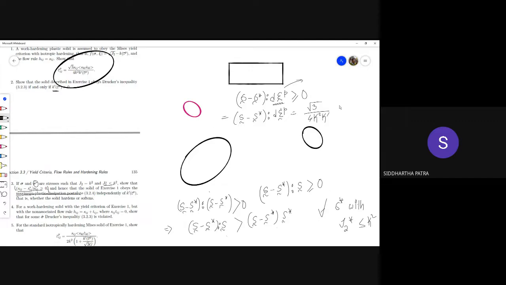Then what expression do you have? This quantity right here, s inner product ds. Then s minus s star inner product